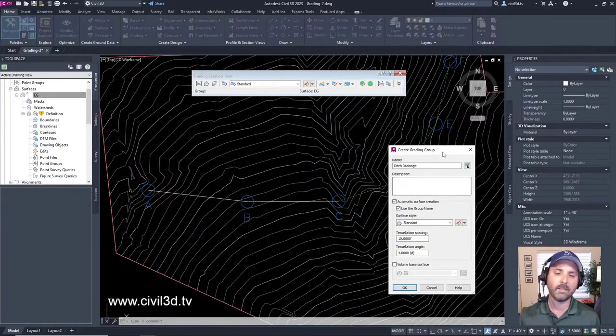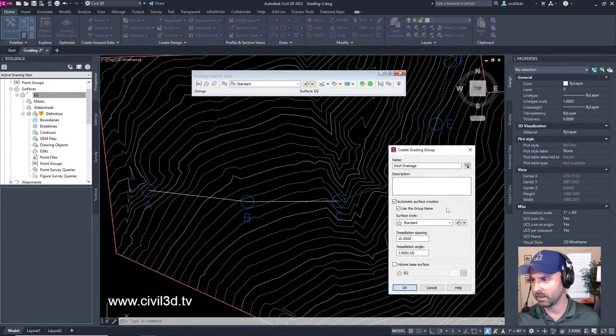It's kind of nice having something that's separate from your proposed surface. Maybe you have several ponds that you're dealing with, maybe different pond designs. It's nice having the automatic surface creation so that a separate surface gets created and doesn't just get put into your proposed surface, because maybe you want to make changes to your proposed surface.